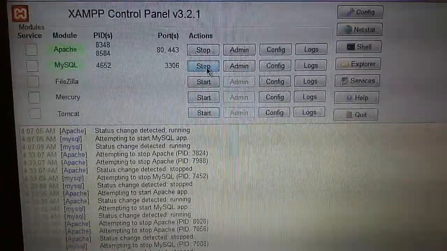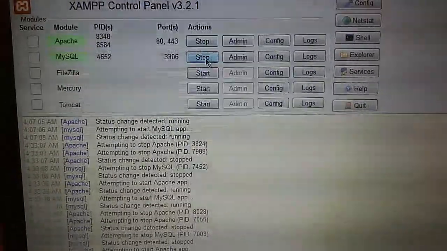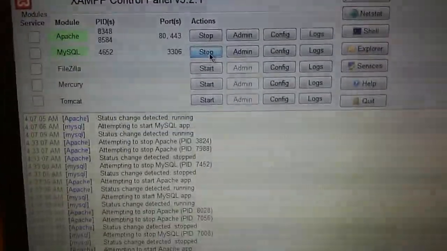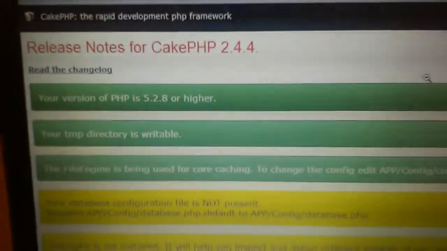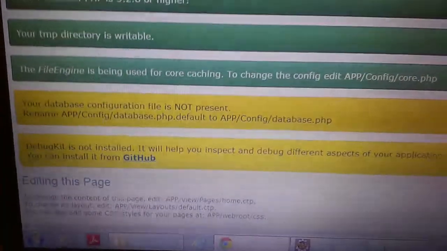After enabling the port numbers, the Cake PHP installation has been completed, and now I will be showing you how the output of the Cake PHP is generated. This is how the Cake PHP has been successfully generated in the local machine. As we can see, this Cake PHP installation is very fast and easily generated. So this Cake PHP framework is the best for frameworks which we can do simply and easily.